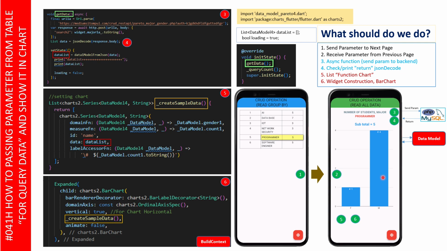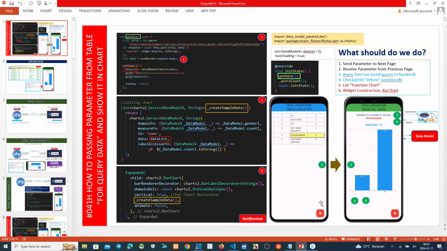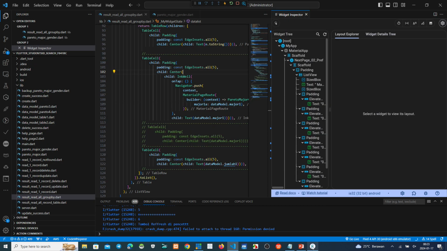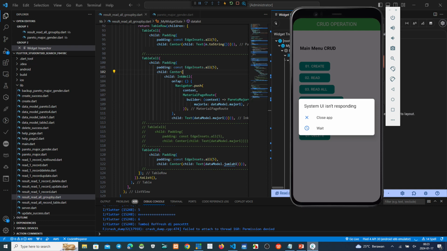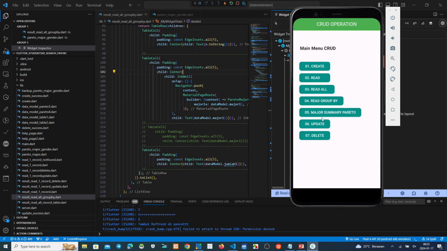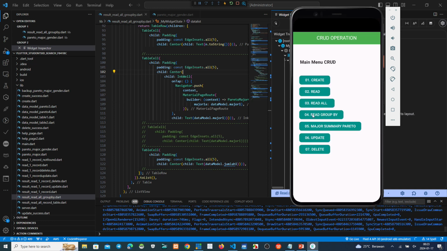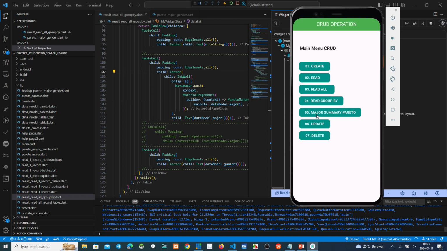Before we continue the explanation, I think it's better for us to make a demo project first. Okay, this is a table.